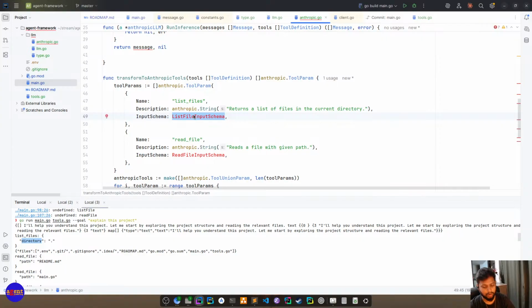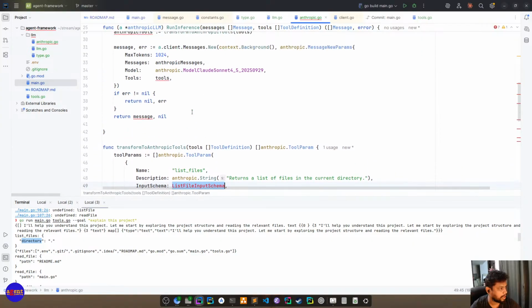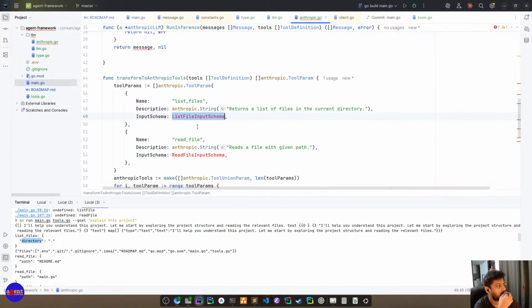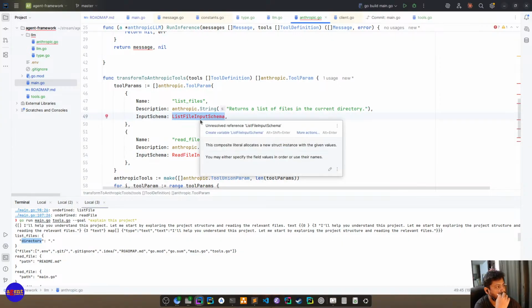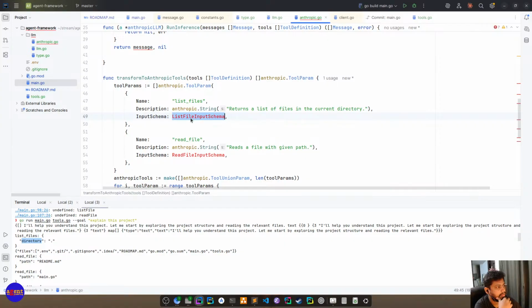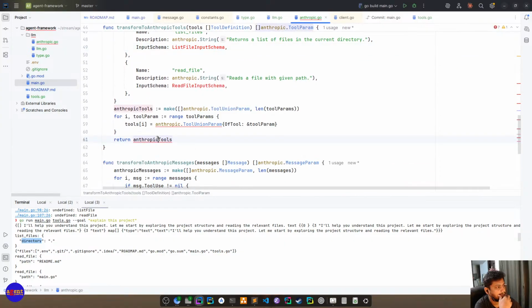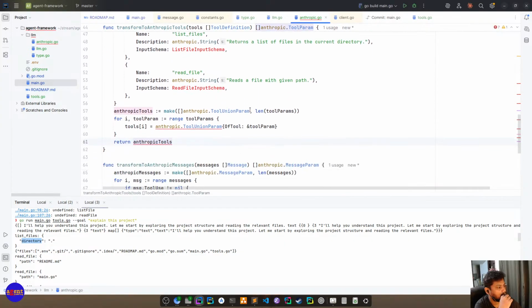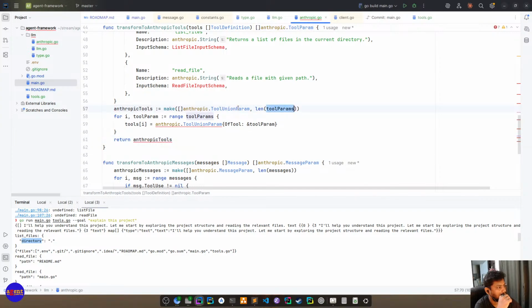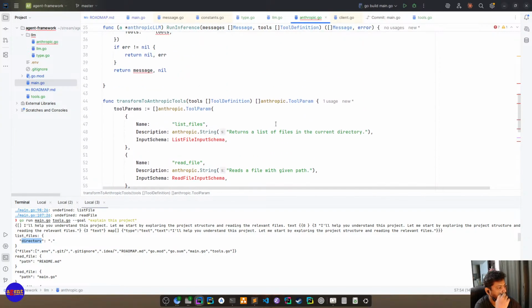Okay, now we are on to using the tool abstraction. So we have to create this union.